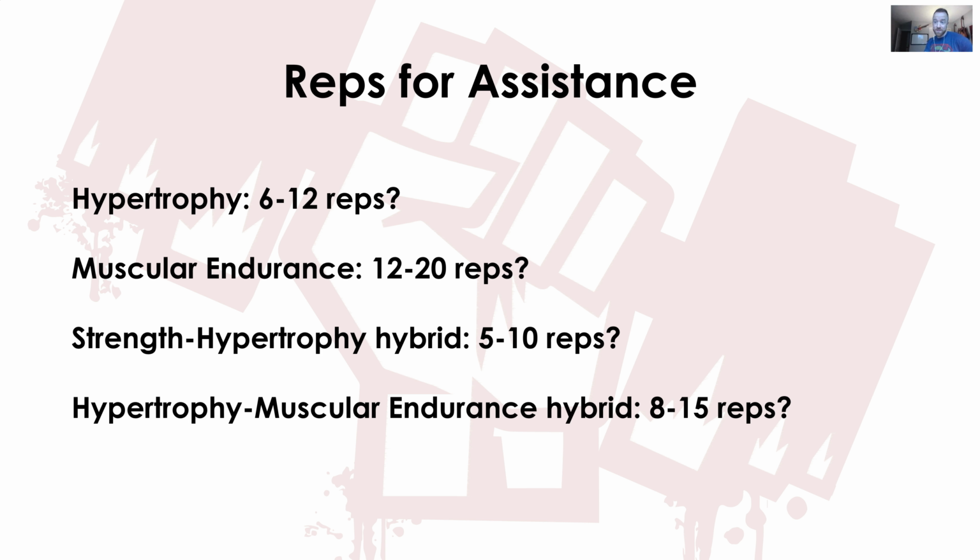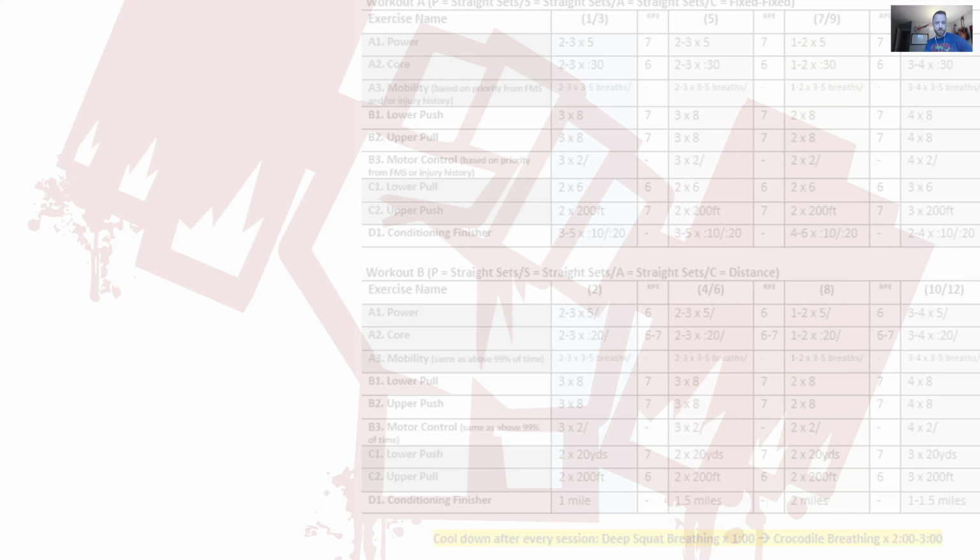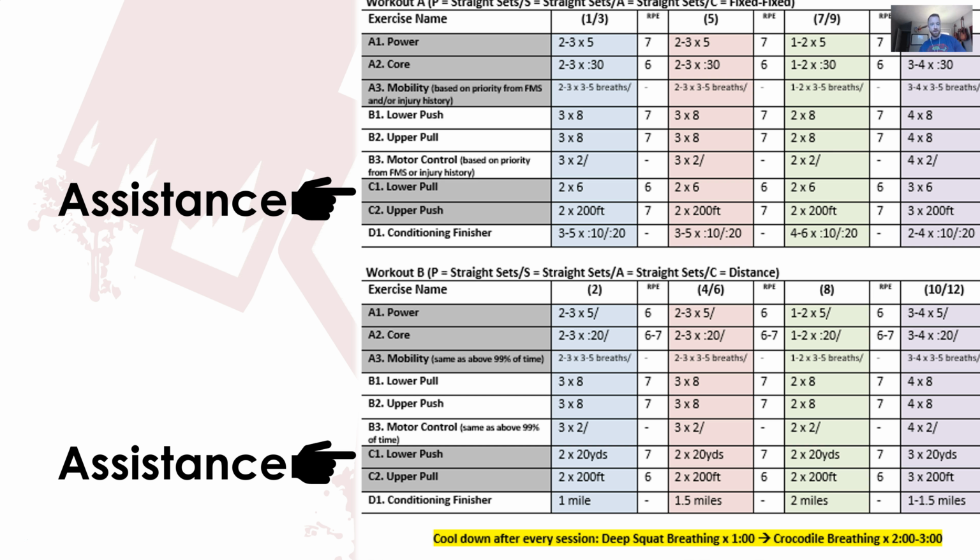And this also aligns with what the NSCA teaches. So I don't know, maybe there's something to it. Our assistance is going to go here. It's going to balance out. Nine times out of 10, if you look at workout A, lower push, upper pull, right? For our strength, our assistance is going to be lower pull, upper push. It's going to round out that full body training. And then workout B was lower pull, upper push. Now it's going to be lower push, upper pull, to once again round out that full body training.